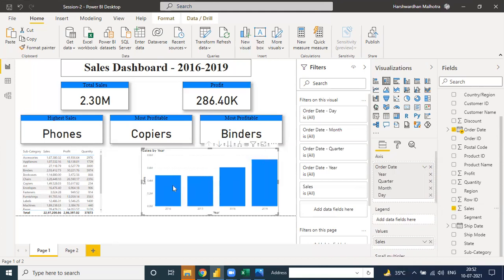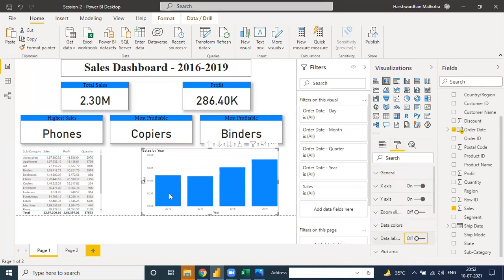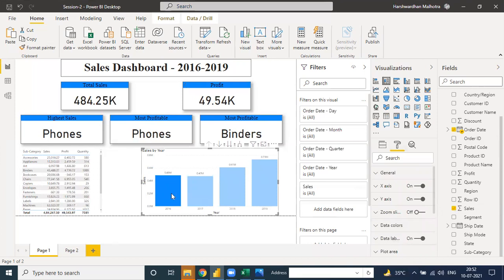Suppose when I click on 2016. So in 2016, the total sales is 484, total profit is 49.5, and in 2016, the highest sales is for phones, most profitable is also phones, and most quantity sold is binders.